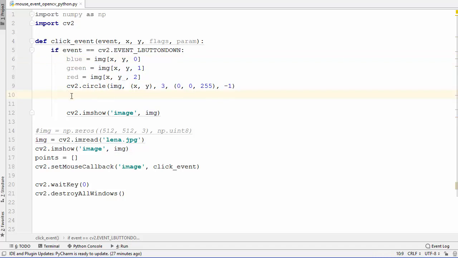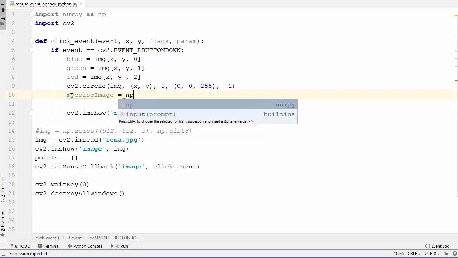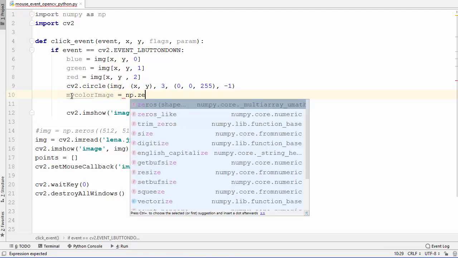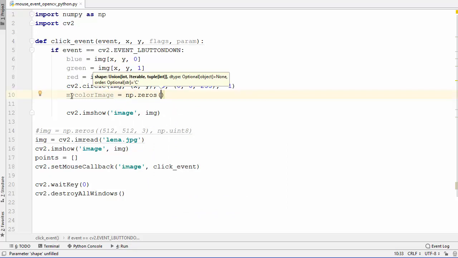So let's create an image. So I will just say my color image, and then we are going to just use np for numpy, and then we will just call a zeros method here, and it takes 3 arguments in the form of this list, which is the size of your image.